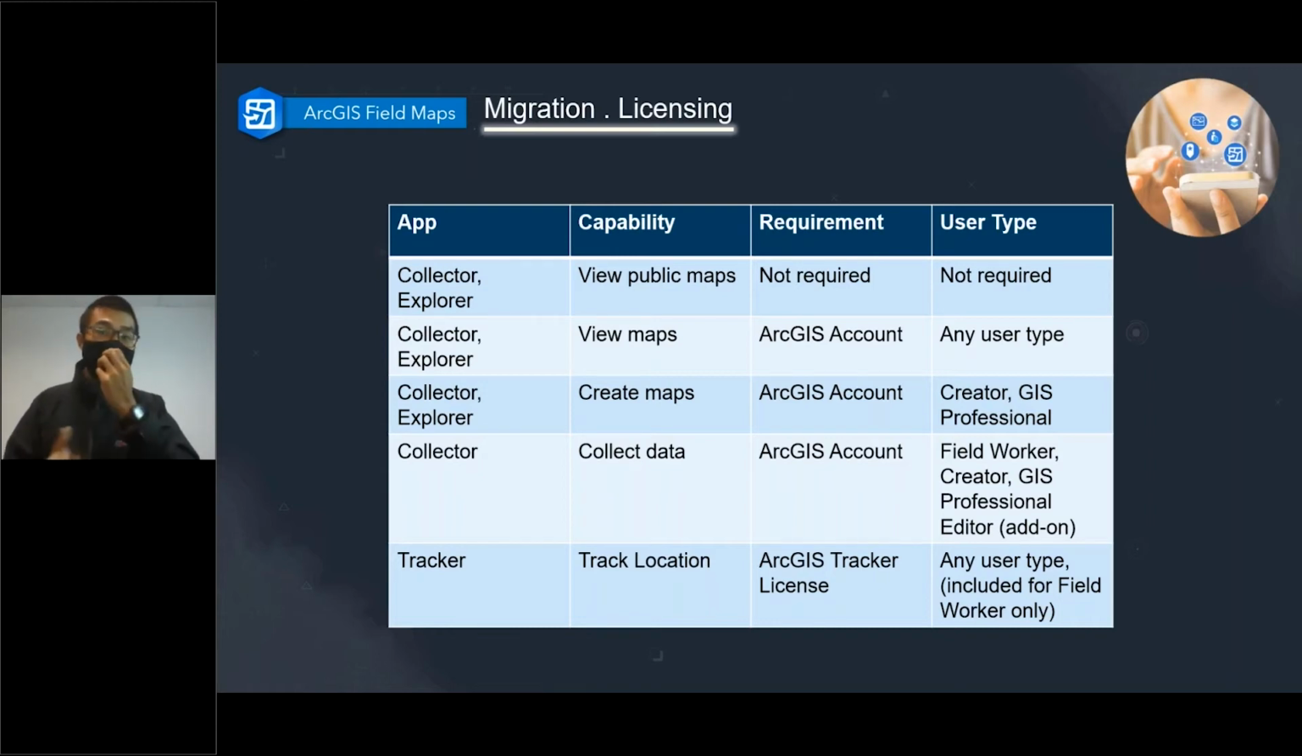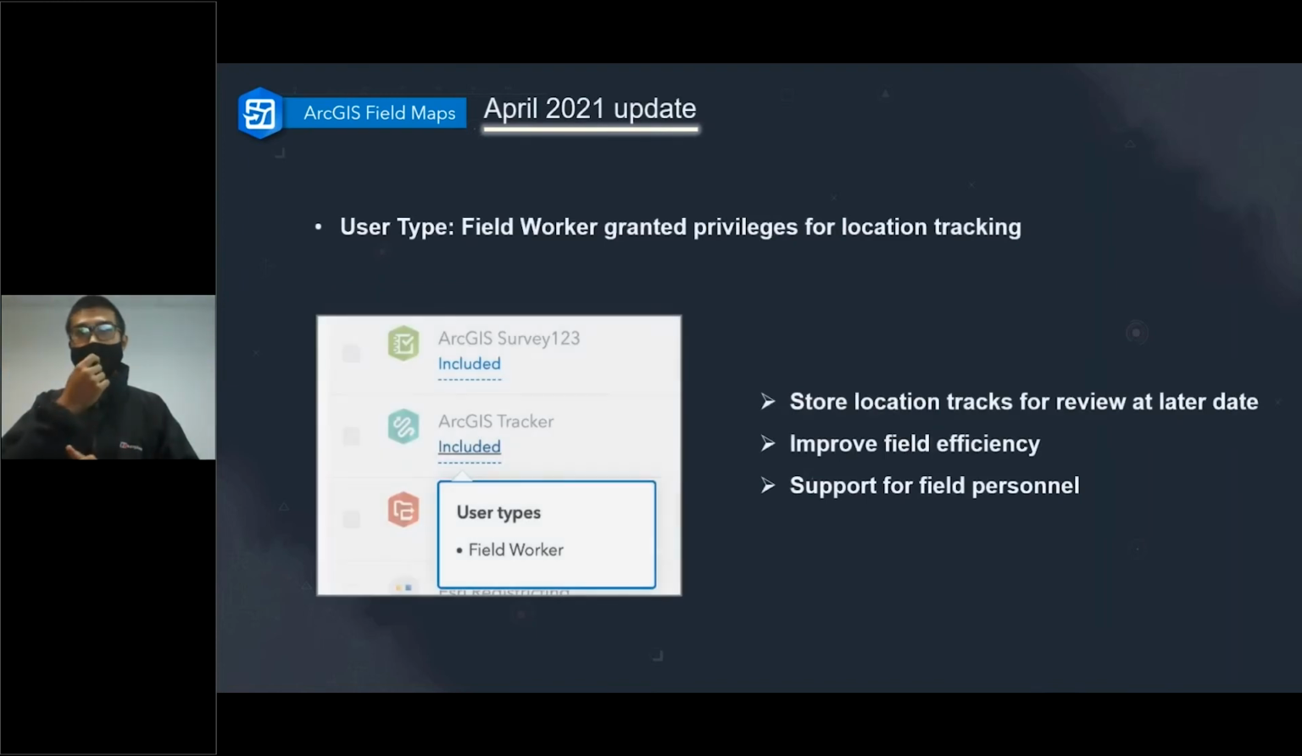There's also the optional ArcGIS Tracker add-on license, which is required to enable location tracking. And this license is included with the field worker user type, since those users are more likely to need location tracking capabilities. And Esri has been kind to grant location tracking privileges to the field worker user type on ArcGIS Online and Enterprise. This function was previously unavailable and had to be